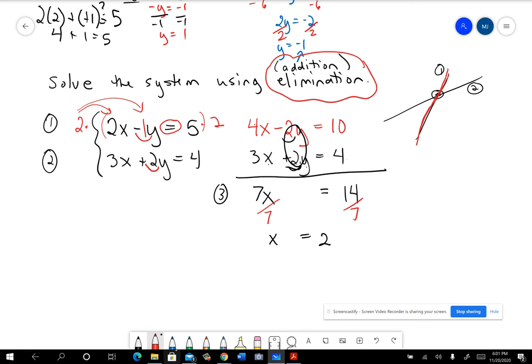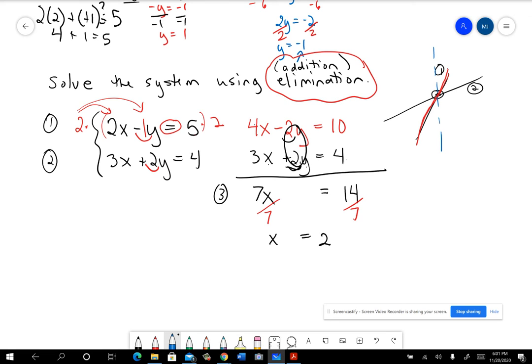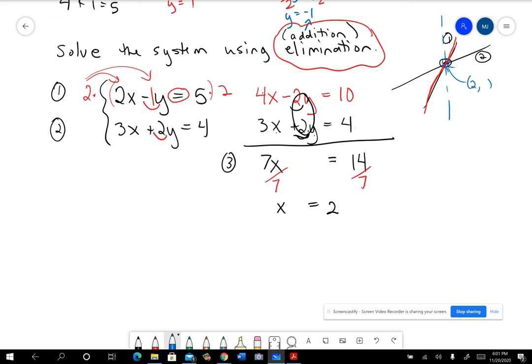And x equaling 2, that is a new equation. Okay, x equaling 2, though, would be related to these others. It would just be the vertical line going right there through that point of intersection. So what we found so far is that the x-coordinate of that point of intersection has to be a 2. All right, now that's basically the main part of the elimination method, but you're not through with the whole